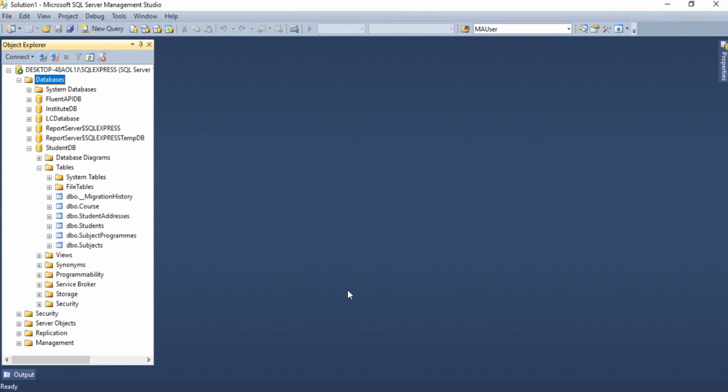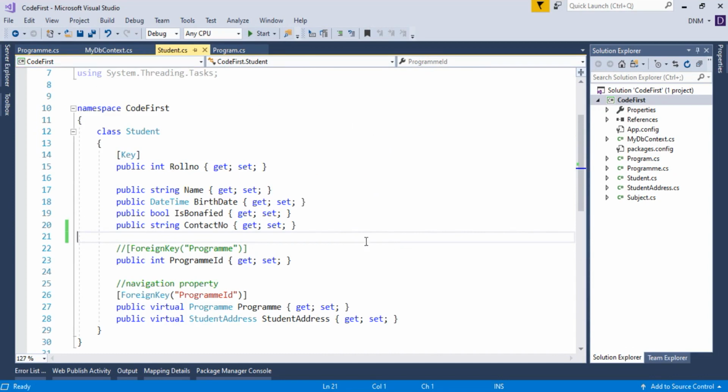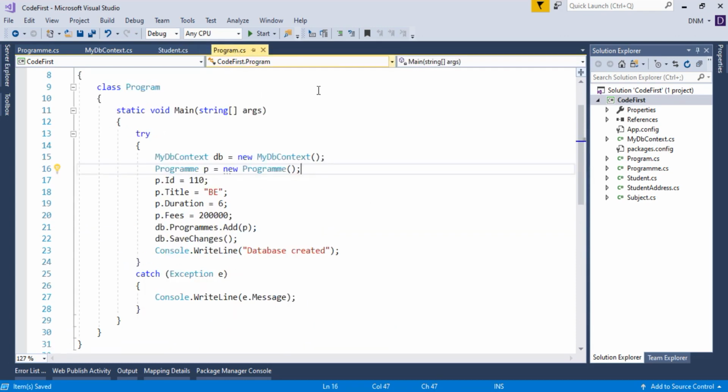Now what we want to do is update or modify our model, or add one more model in our application, and try to migrate those changes to our database. So let us switch to Visual Studio. First of all, we will do a small change. In my student model, I'm going to add one column. Let us say prop string email.